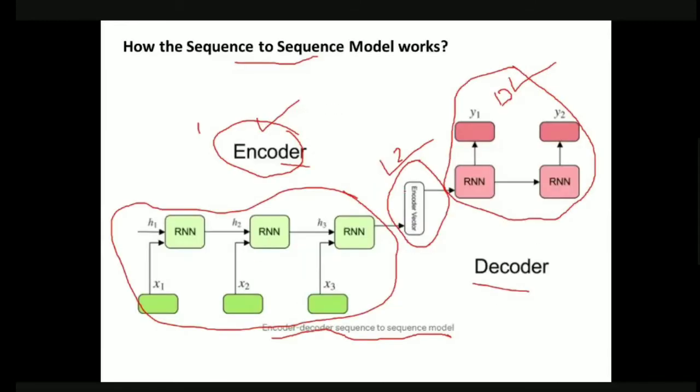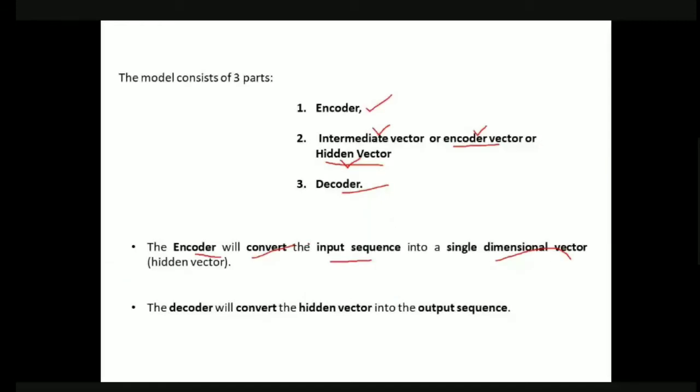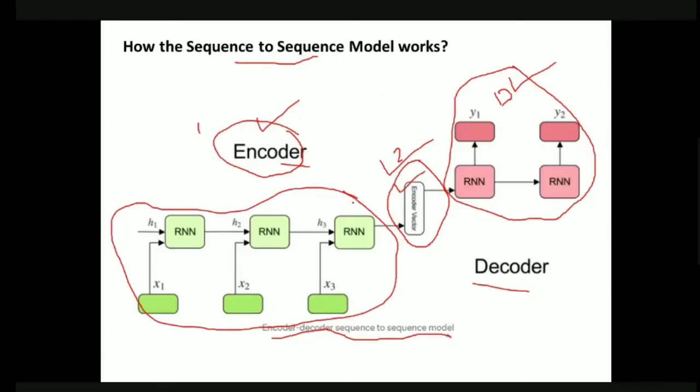This is our encoder vector, right? So the encoder converts the given input sequence into a single dimensional vector, and that is what we call the encoder vector. Now what will the decoder do? The decoder will convert this hidden vector. From the encoder, the final output is the encoder vector.